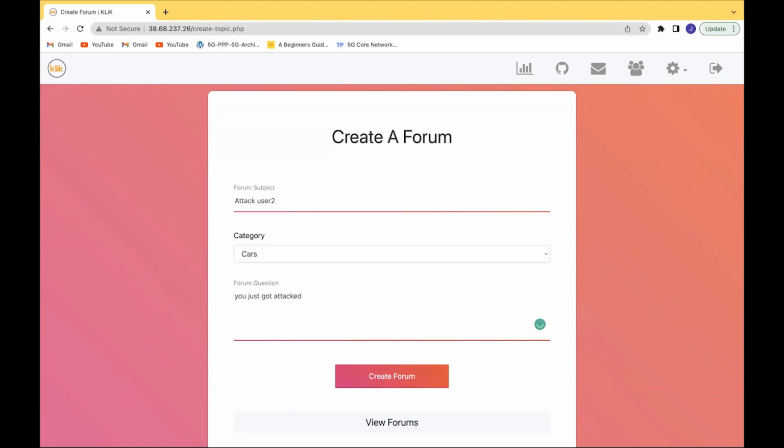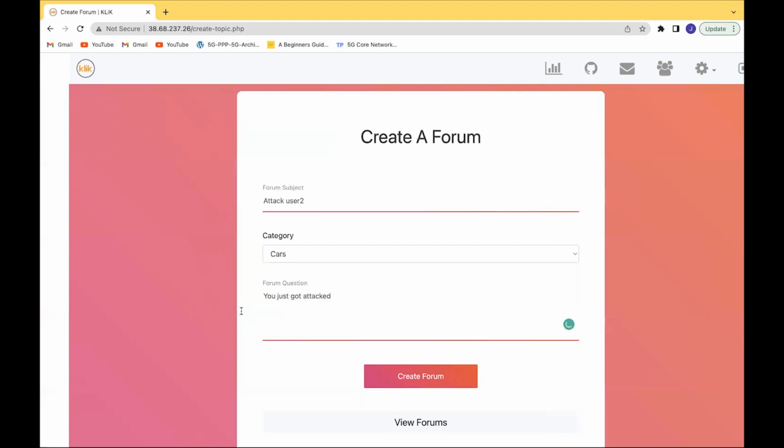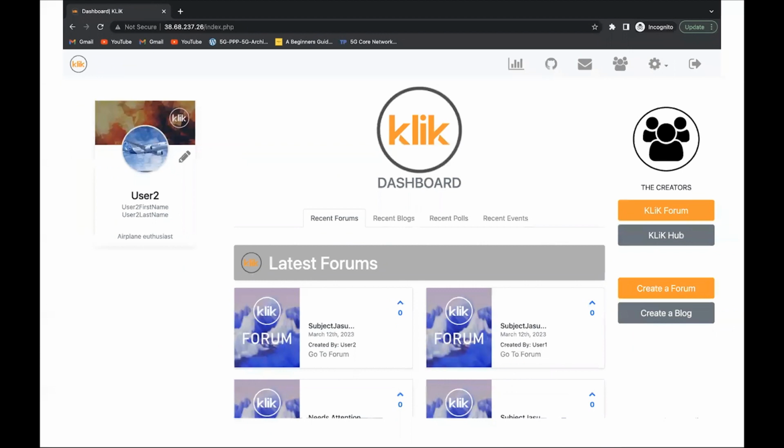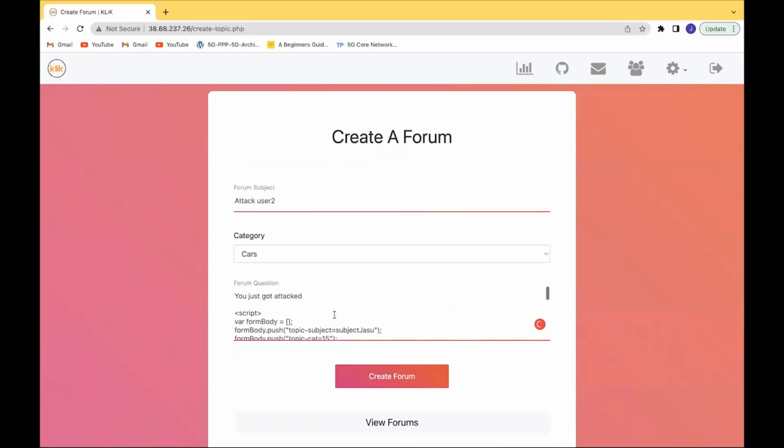So this is how we are going to do it. I'm going to use the backend access vulnerability of this website. I have written code to do this process. So this is the code. It is a form body. In this form body, instead of the subject, we can write